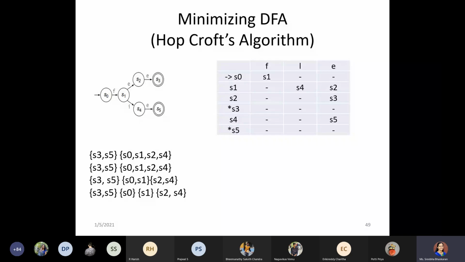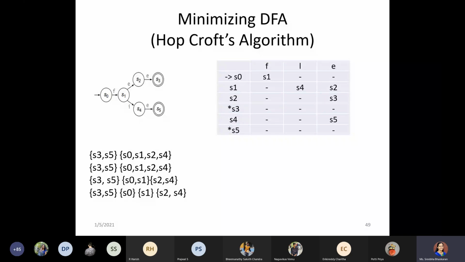With respect to F transition, we have S1 and null. Similarly, with respect to I transition, it is null and S4. With respect to E transition, it is null and S2.